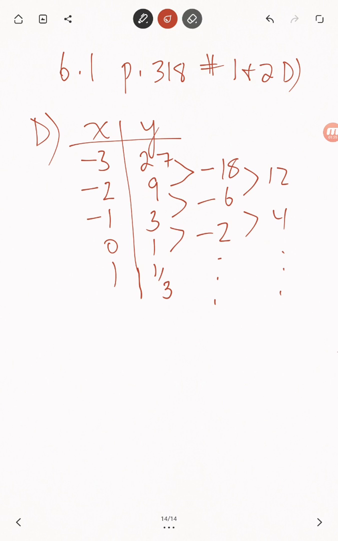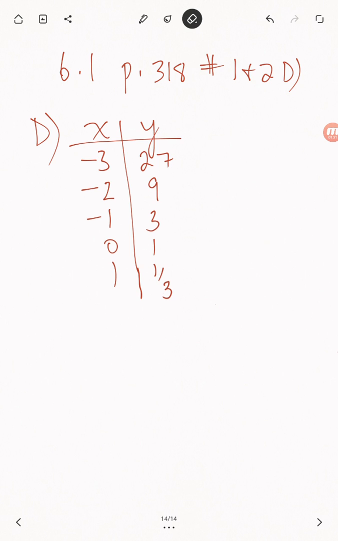So what can we do at this point? Let's just observe the pattern in the y values. If we look at our y values, 27 and then 9 appears to be divided by 3, then 3 also appears to be divided by 3, then 1 also appears to be divided by 3, and so on. So instead of doing the first or second differences, or third or fourth or fifth differences, let's do what's called the first